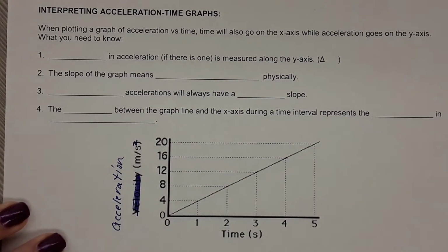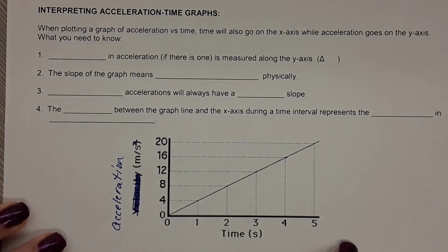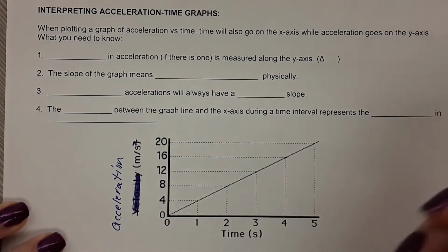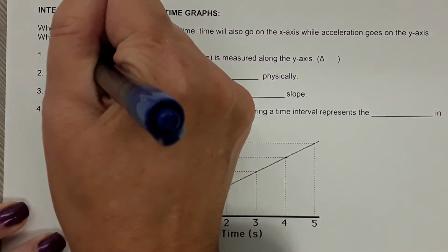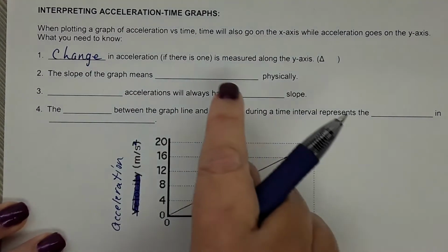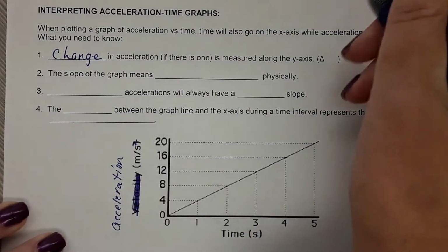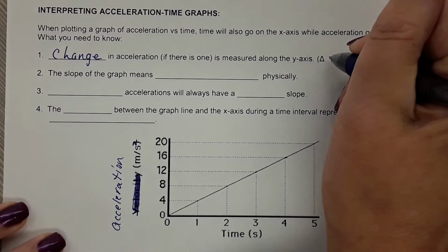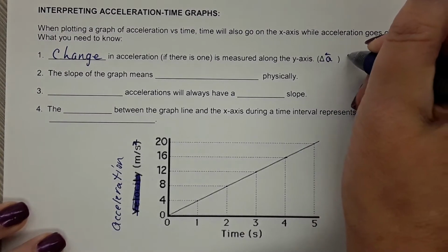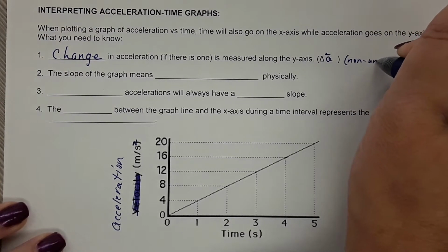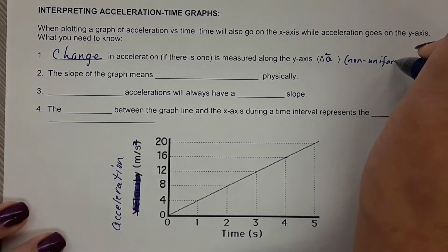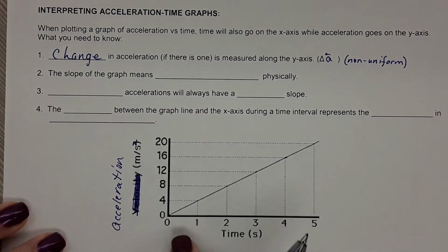Now, when you have an acceleration time graph, of course, time always being independent must go on the x-axis. Acceleration in meters per second squared goes on the y-axis. If there is a change in the acceleration, it will be shown along the y-axis. So that would be your change in acceleration. That would be a non-uniform acceleration, which normally we wouldn't see, but I'm showing you right now